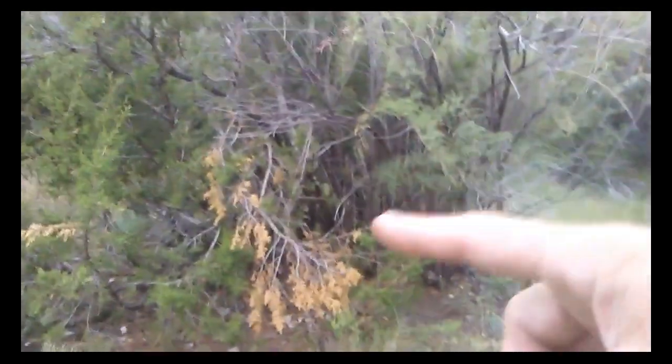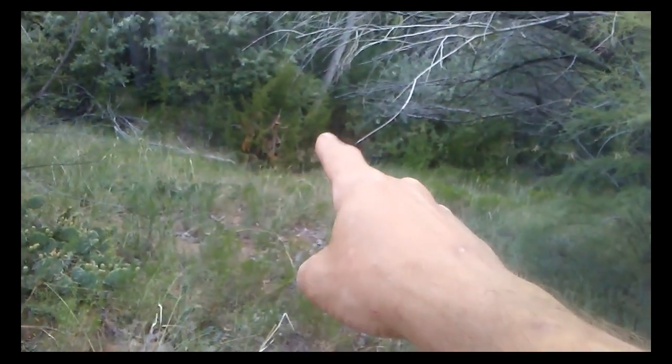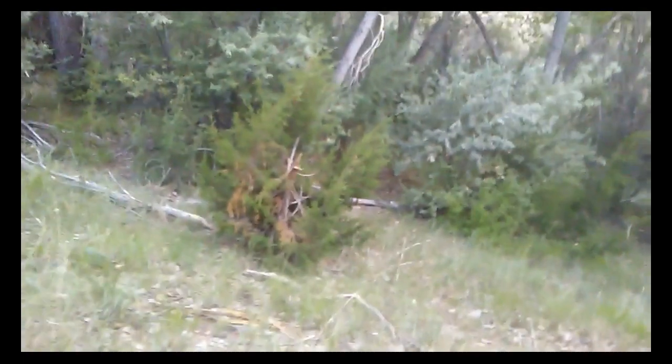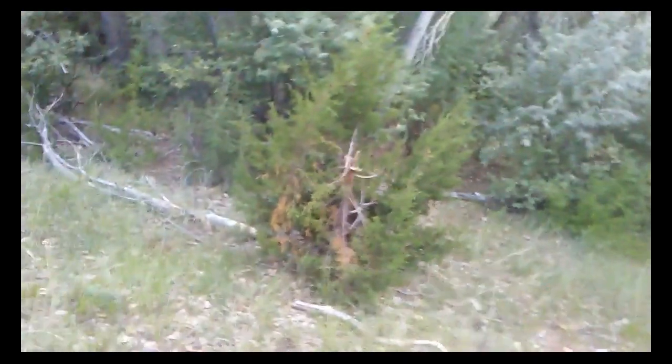So you see the fresh breakage down here. They're marking this here. And you can see here where the top of this pine's been ripped off. I'm going to go look at that real quick. I hate to get in here too deep. Okay. Alright, now I'm getting a little...